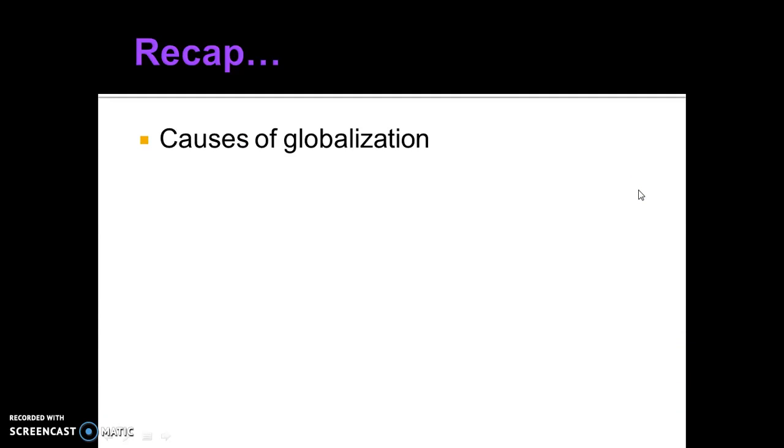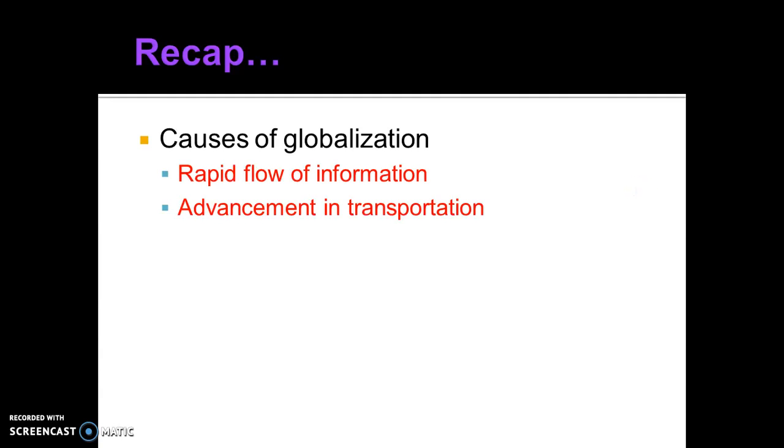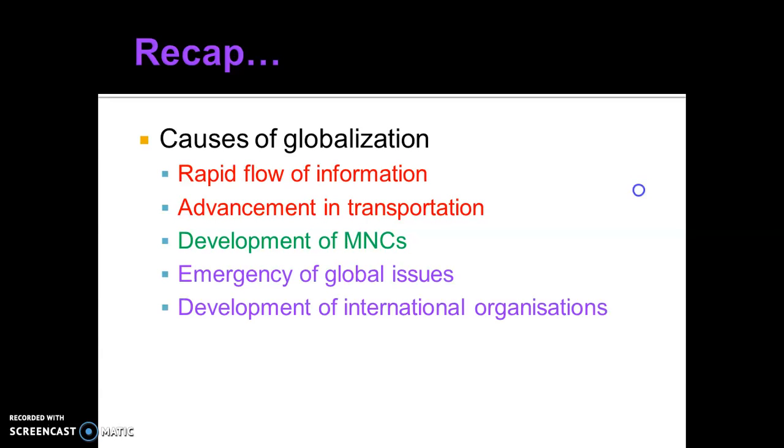Economic globalizations. So what are the causes? By this moment, you should be knowing about the causes very thoroughly. Okay. So what are the causes? Rapid flows of information, advancements in transportation, developments of MNCs, emergencies of global issues, and developments